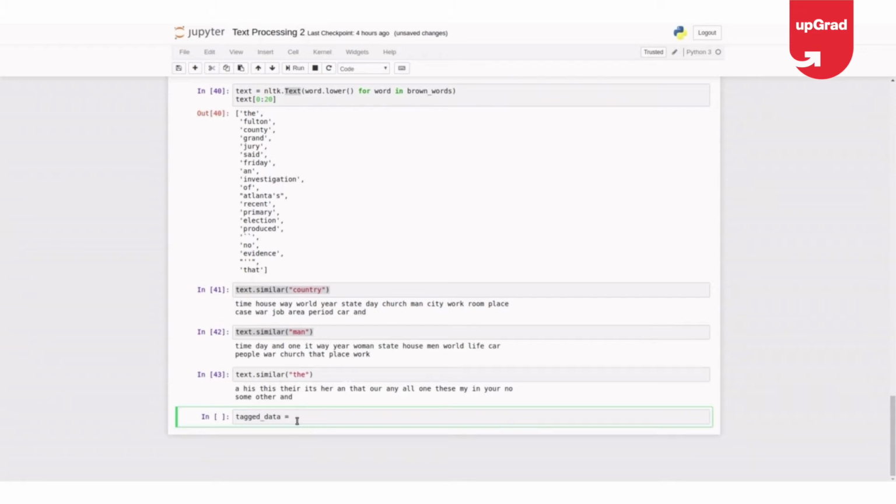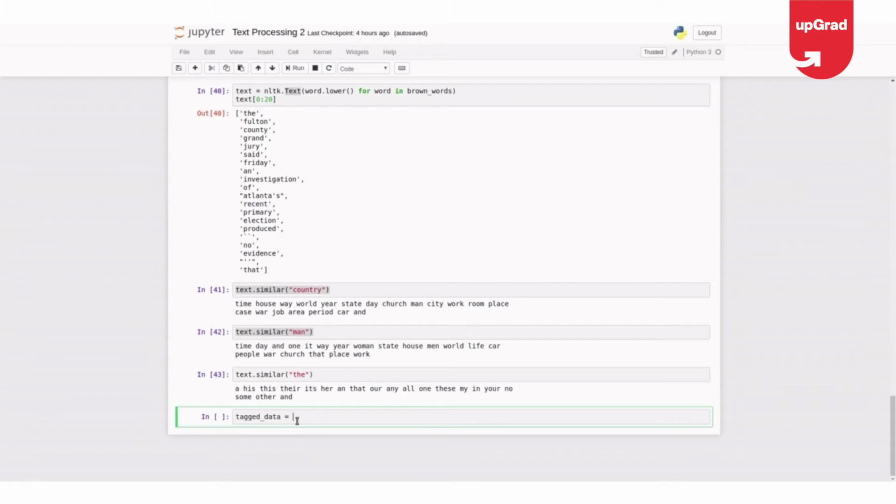Every corpus in NLTK is provided along with the tagged words too. Otherwise, in real time, you have to manually tag or use a methodology to tag. But for now, we'll use a tagged data set.